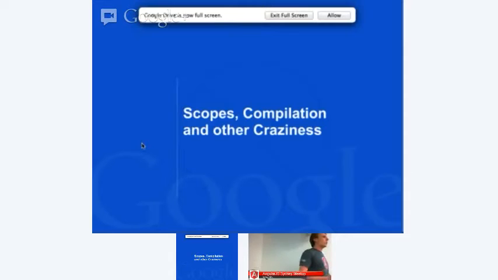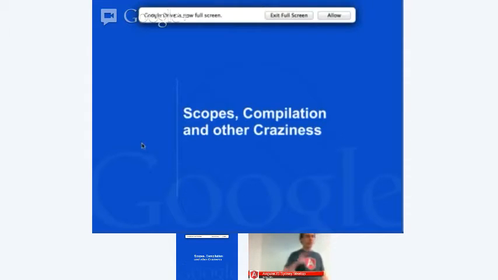So I'm going to go into a bit more detail first up about how the scopes and compilation thing works. The reason for this is that if you want to hack something up quickly in Angular, it's really pretty straightforward to read the tutorials and get a vibe for how things work, copy and paste some code, get the two-way data binding, and have something like ng-model equals bar to have an input field take its value from some other variable you've got stored elsewhere.